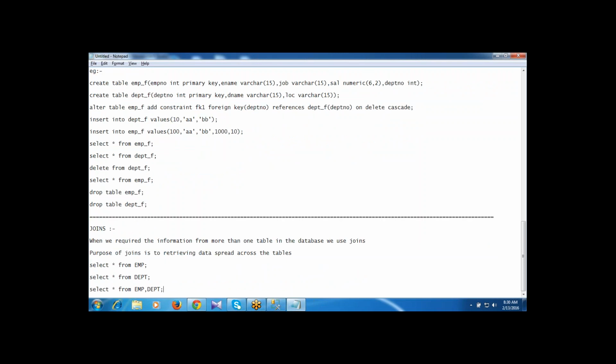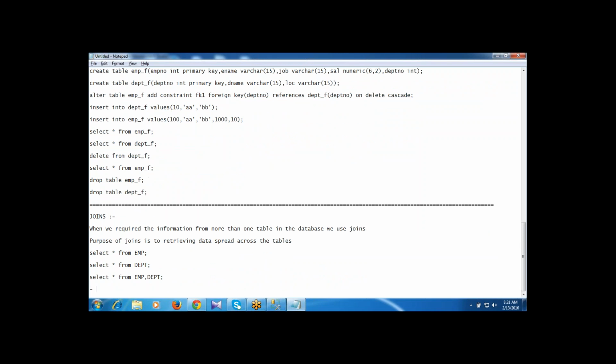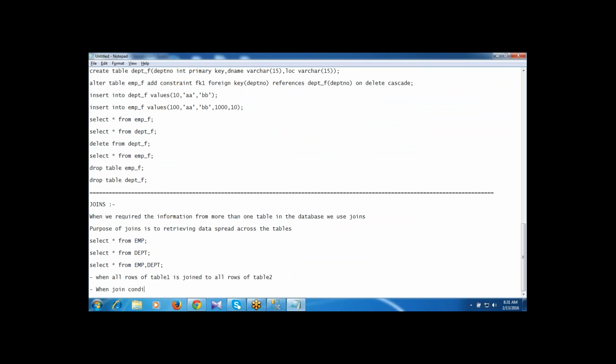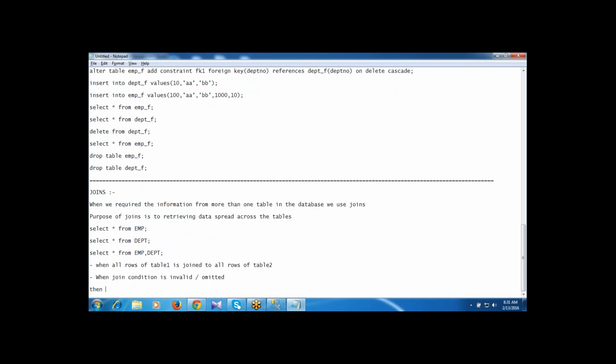If I am writing the select statement on the EMP table and DEPT table, select star from EMP comma DEPT, friends, when all rows of table 1 are joined to all rows of table 2, when the join condition is invalid or omitted, then a Cartesian product will be formed.